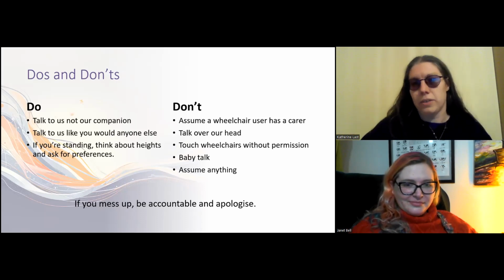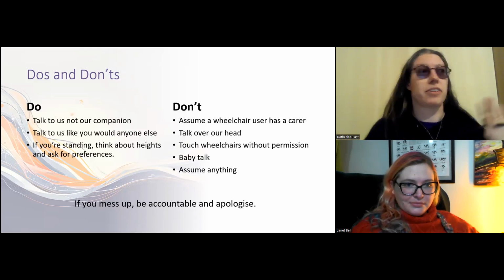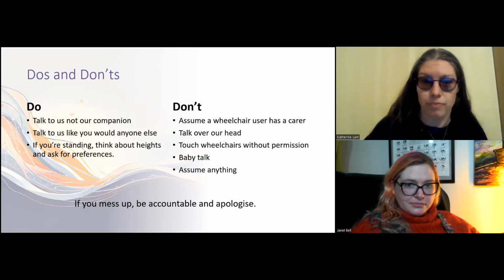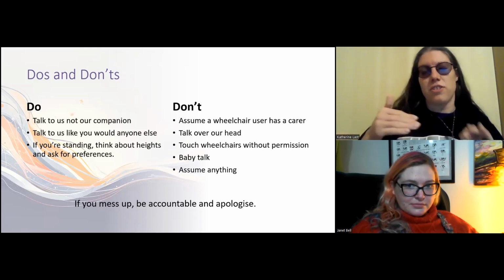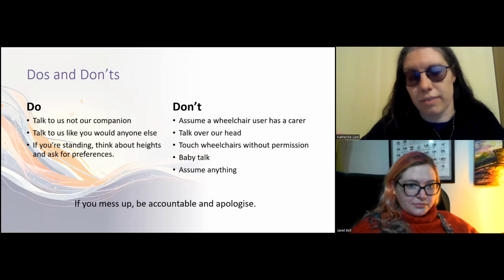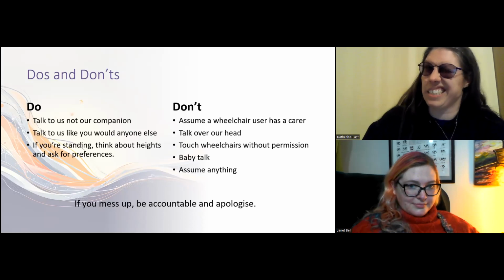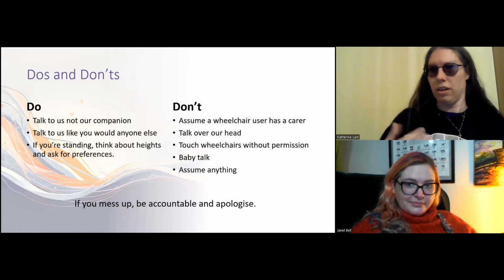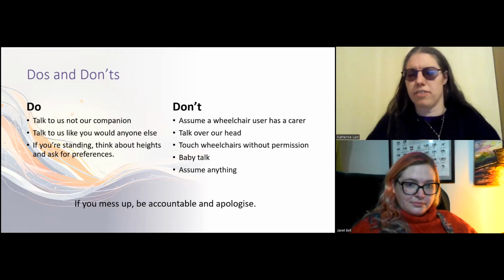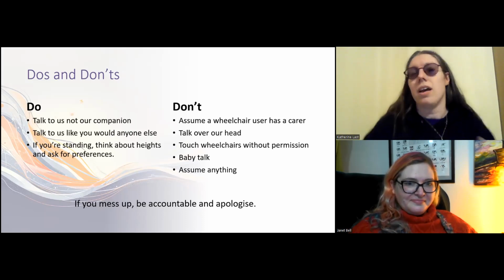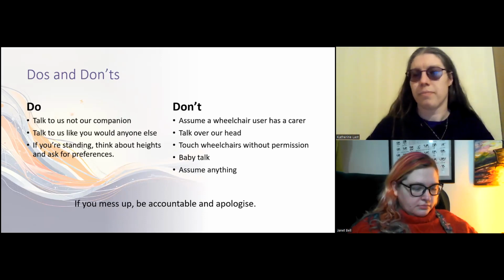When you are talking to us, first of all, don't assume that we have a carer, because quite a lot of us are quite happy to go out and about, do our own thing on our own. And also, if we've got someone with us, don't assume that person is our carer, because the number of times I've had my fiance referred to as my carer, it's like, well, he's actually my fiance, and then people can get quite shocked that someone like me can have a fiance. That goes down all kinds of conversation routes I don't really want to be having with people. Really important, don't talk over our head or talk over us. Just talk to us.